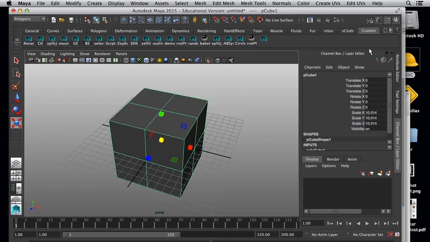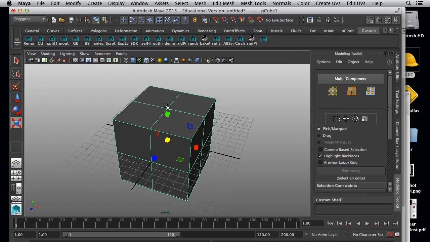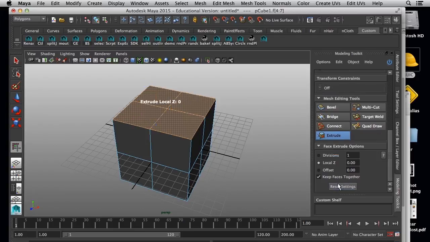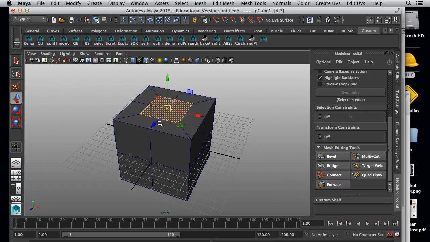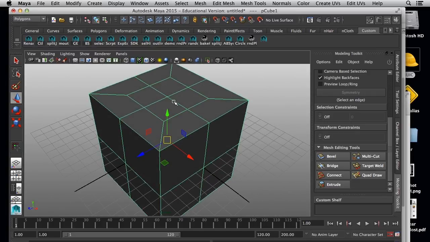Okay. Next thing I want to do is open up the tools, and I'm using my 2015, and this is the modeling toolkit. I'm going to grab these 4 faces. These 4 faces I can extrude, and I can offset it so that we now are creating a box right here. But what I want to do is make a round hole in this box